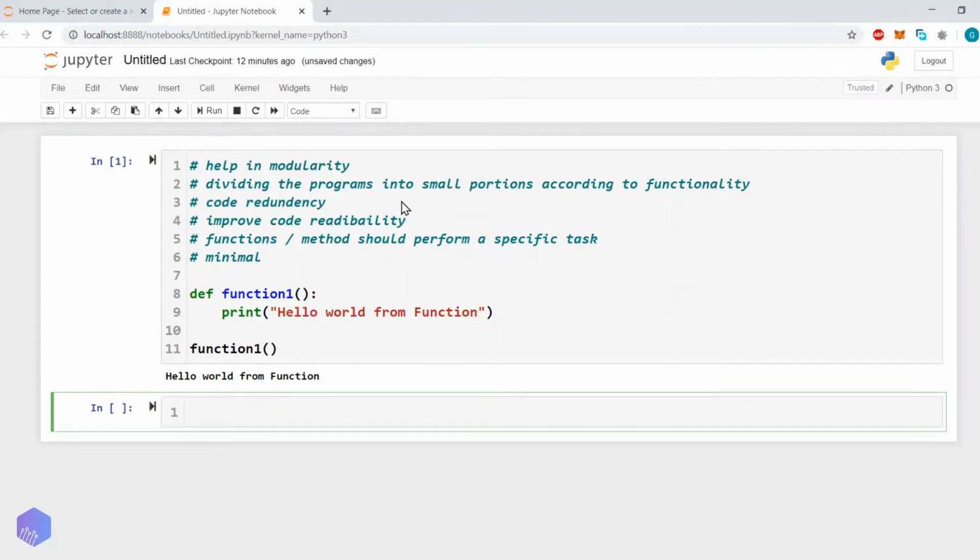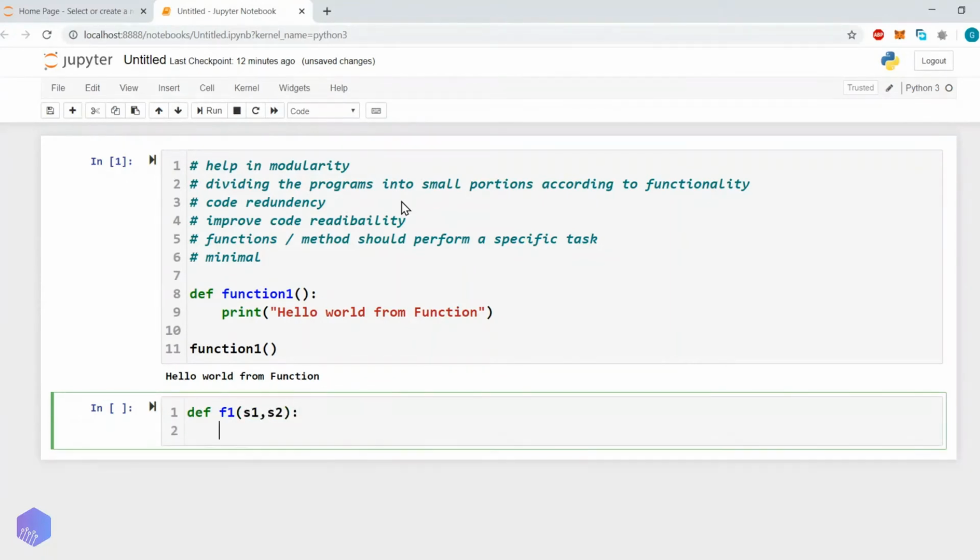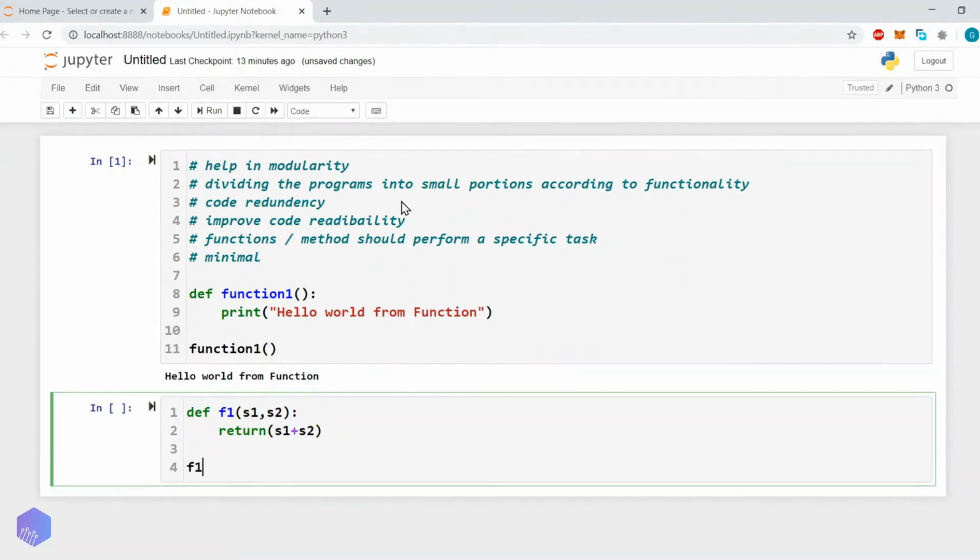Now how can we pass arguments to the function? Let's say we want to pass two or three or multiple values to a function and then manipulate them inside the function, how can we do it? For that, we will write f2, short form so it will be easy. Let's say we want to pass two strings s1 and s2, and we will return the combination of s1 and s2, means we will merge two strings and then return. Return s1 plus s2.